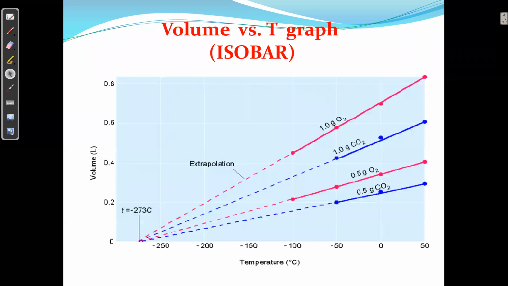Now you can see this graph at variable temperature, and different gases at the same temperature. You can see over here what kind of graph comes for each, because the amount of gas we have taken is different. For example, for CO2 you take 0.5 gram or 1 gram, and you can see what type of graph is coming. Here the substances are different, so you can see how the graph comes. So the amount changes, the gas nature changes, then you are getting the graph in a different manner.